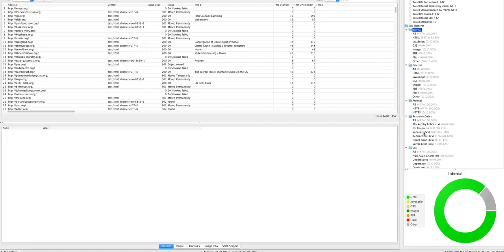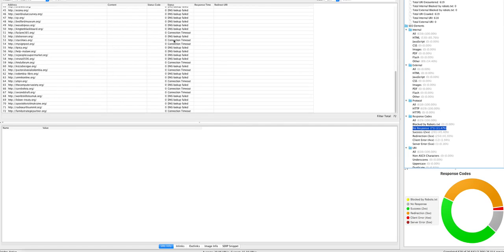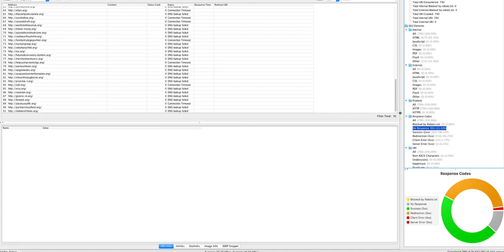Now along the side we can see we're looking for no responses, so if you click on no response, and we can see here straight away we've got DNS lookup failed, which is the ones that we're looking for, because these are the ones that are currently saying that there's no domain there. So you can see the count here, it's going up, 96, 100, 101,